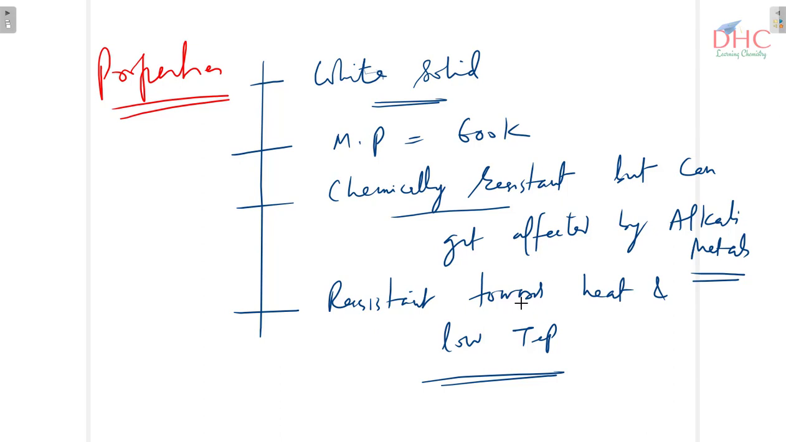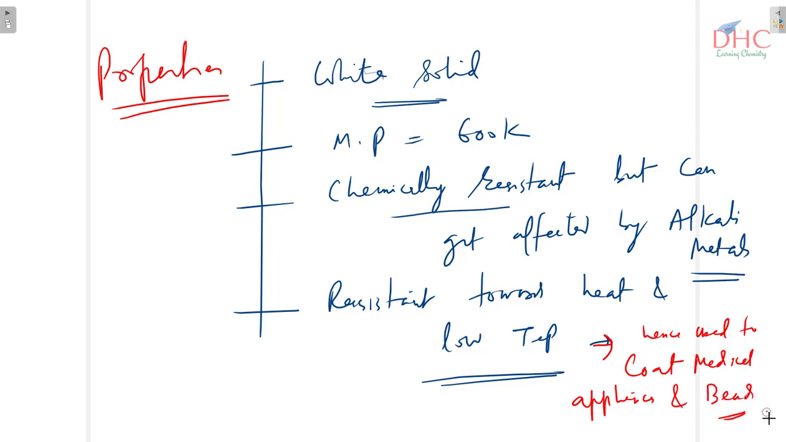So because of this, because it is resistant towards heat and low temperature as well as chemical resistance, they can be used, hence, to coat medical appliances and beads. The beads that we use are magnetic beads, which we use when we do stirring